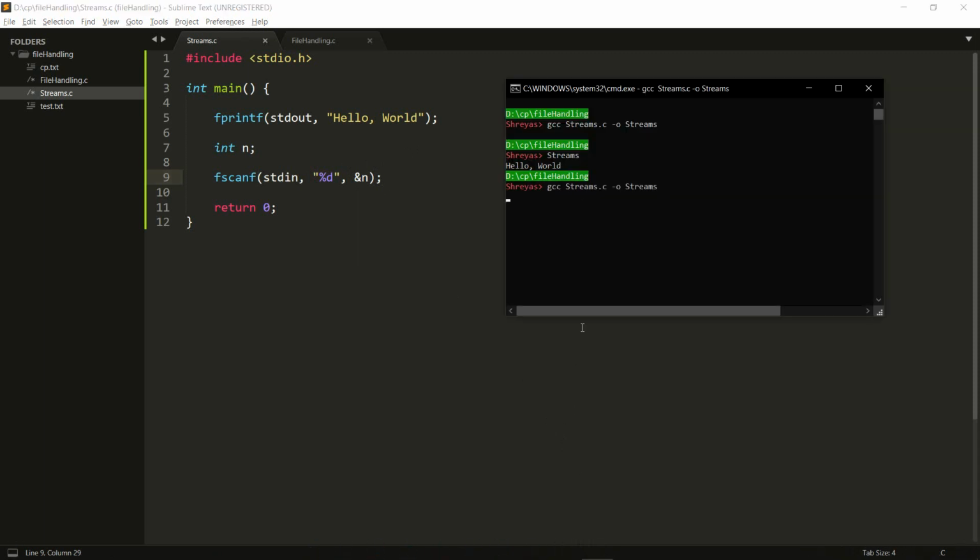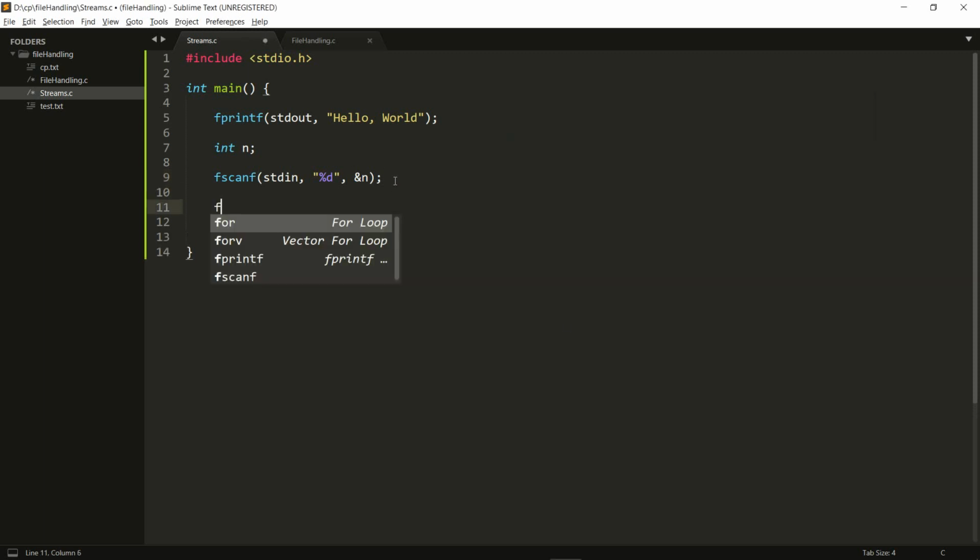Let's go ahead and run it again. This time it prints hello world, and then it's waiting for me to give an integer. I can give something like 543, let's say, and hit enter.